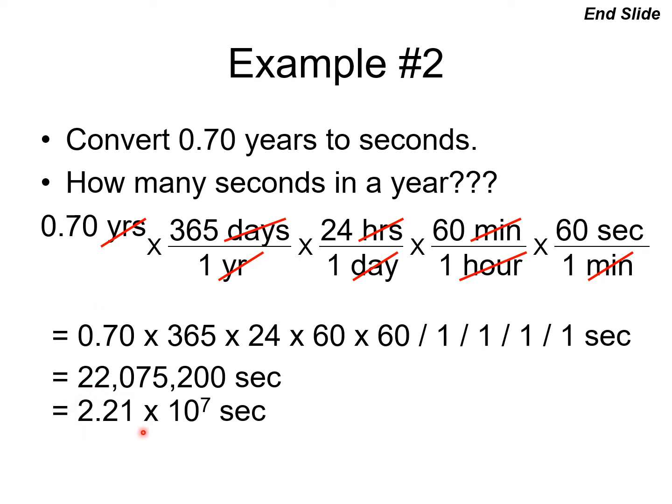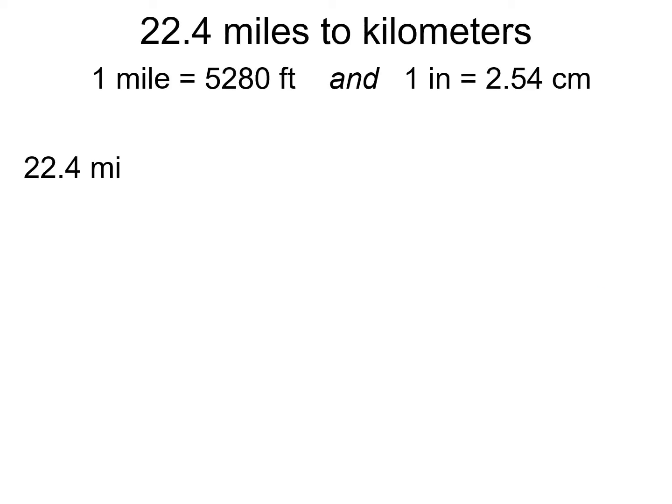Our conversion, what we convert to, should also have two significant figures. That's like saying if we convert this unit, then our conversion is going to be more precise than what we started with. That doesn't make sense. So it should technically be 2.2 times 10 to the 7th. But that's not really something we're going to be concerning ourselves with right now. Next example,